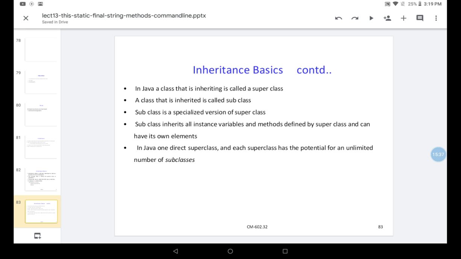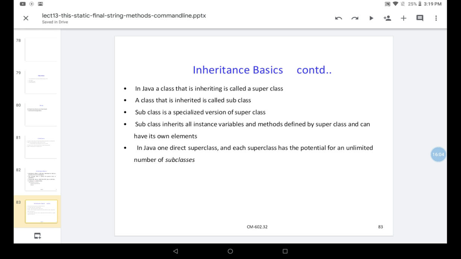The subclass inherits all instance variables and methods defined by the superclass and can have its own elements. As I told you, the derived class inherits all the variables and methods defined by the superclass, and it also extends the class, meaning it has its own elements.